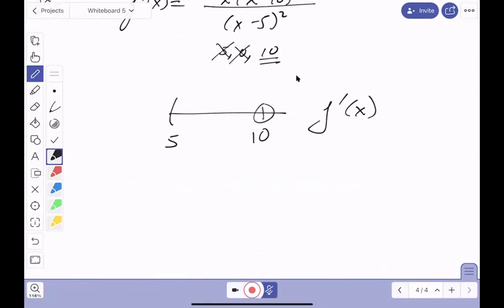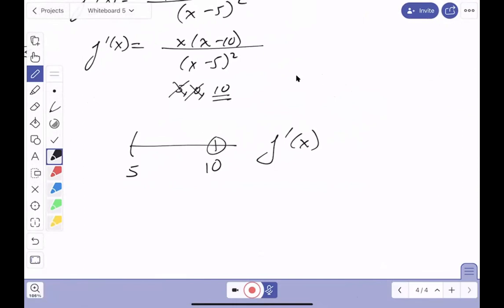What am I going to do now? Take test points. And what's a good test point between 5 and 10? Maybe like 6, plug it in. What do you get? Positive on bottom, negative on top. All right. Take a number after 10, like, I don't know, 11, plug it in, you get positive. What is this indicating to me? A minimum. So where does the minimum occur? The minimum occurs when x equals 10,